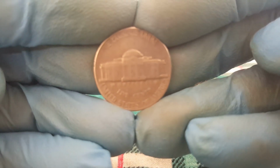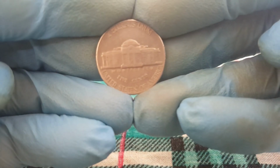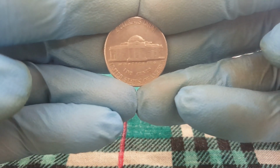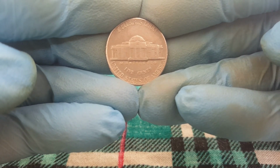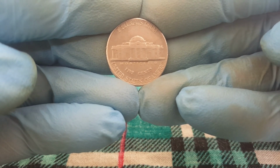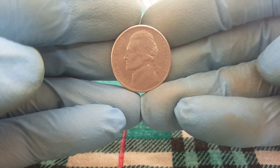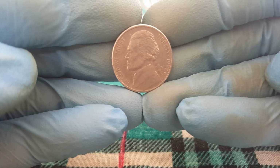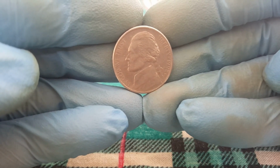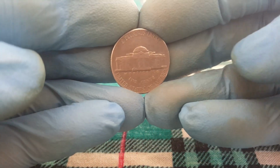The lesson here is simple. Never overlook the power of a coin's history, design, and condition. The 1996 Jefferson nickel is more than just a piece of metal. It's a story of American heritage, a snapshot of history, and a potential treasure in today's numismatic world. Whether you are a casual collector or a serious investor, keeping an eye out for coins like this can be